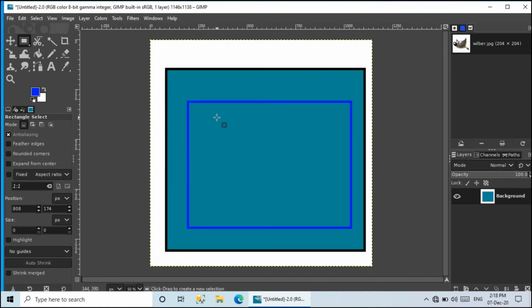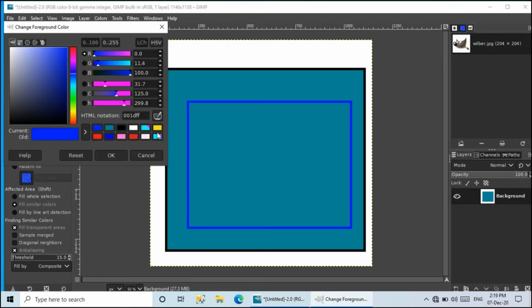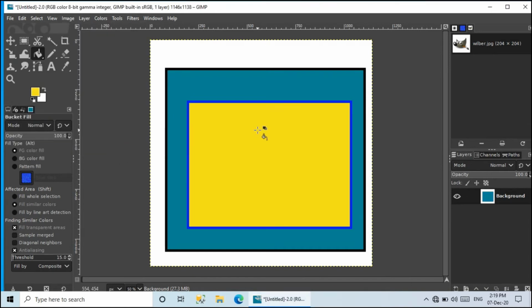Now if I want to fill color, after this also I can fill. It is not necessary that I drag and do it. I click on this and then I can choose from here, and I can choose any color of my choice. Supposing I have chosen yellow, I click on OK and I apply here.